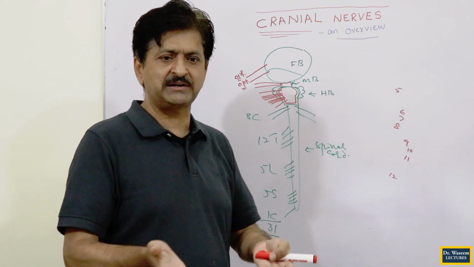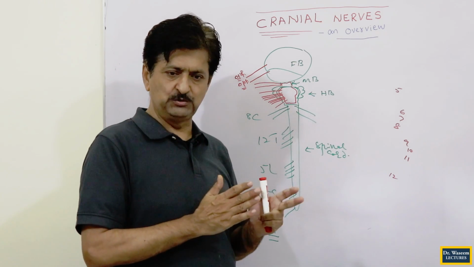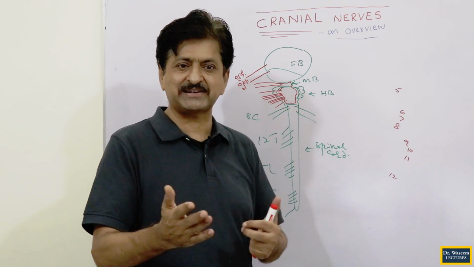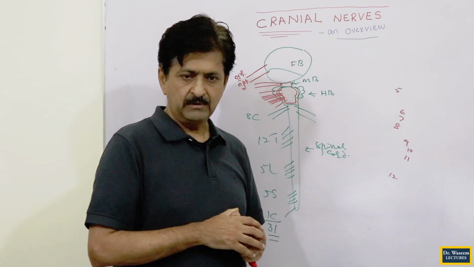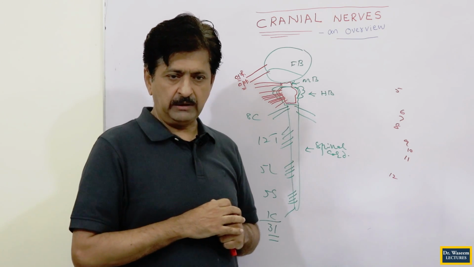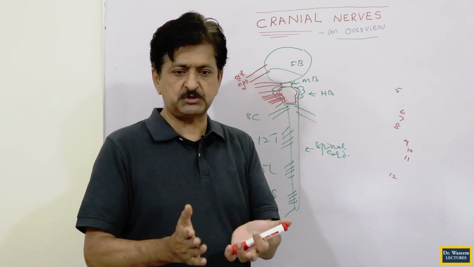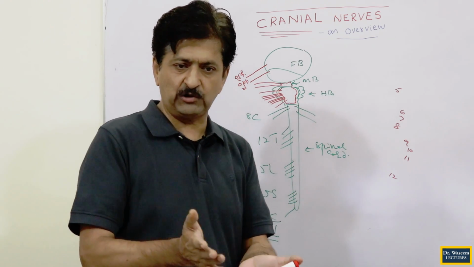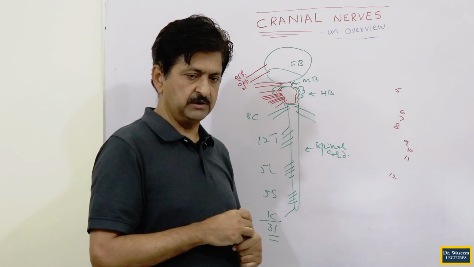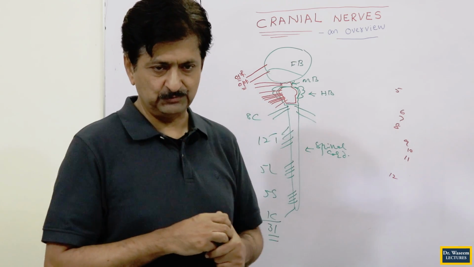Basically this is a pathway, it is a tract, but we don't call it a tract even. Its distal portion is called the nerve, but its proximal portion is called tract, but still it is a nerve. Functionally it is a tract, but conventionally we call it a nerve, and if it is a tract it must be myelinated by the oligodendroglial cells. Here the optic nerve has myelination coming from the oligodendroglial cells, this is true.